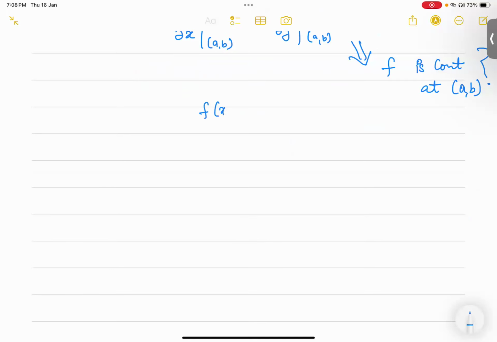So let's take this function: (x square plus y square) upon (x square minus y square) when x not equals to y. Okay, and I'm saying